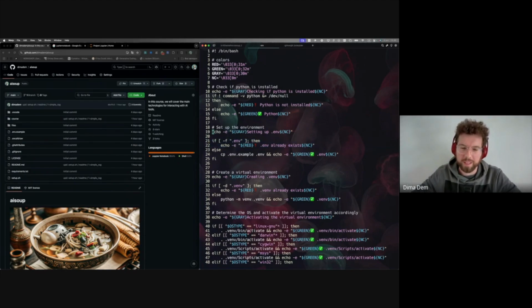Because every time we set up everything, we just use copy, for example, to .env, and then echo we're done, we rewrite the file. For example, you set up that .env file, but then you just run setup.sh because maybe you installed some library, maybe you have other issues, and it just deletes the previous file. So that's why this if statement is useful, to not delete the file, and we actually see that our